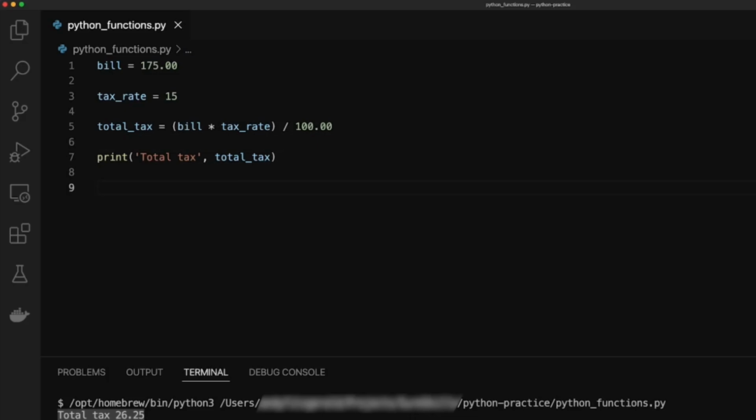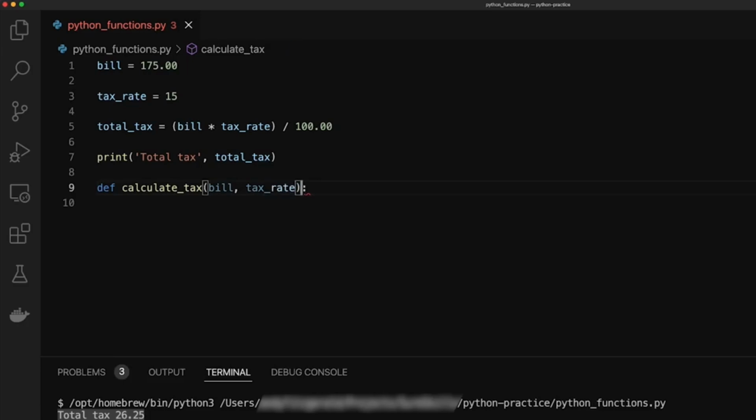To start creating a function, I use the define command, or def for short. Then I'll give it a name that relates to the task it's carrying out. So in this case, it's going to be calculate tax. With functions, you can pass in arguments, and the purpose of that is to make it more dynamic. So consider the arguments that I need to take in. I'll take in a bill, which would be the total value of the bill itself, and then also a tax